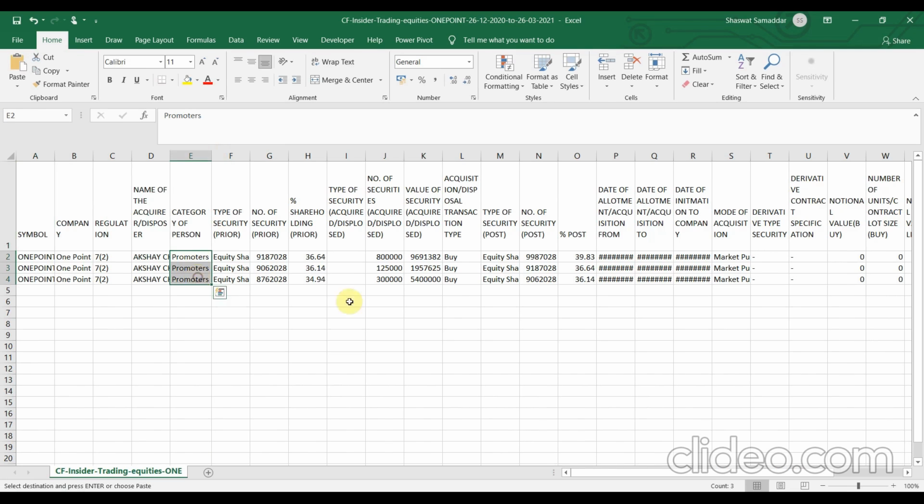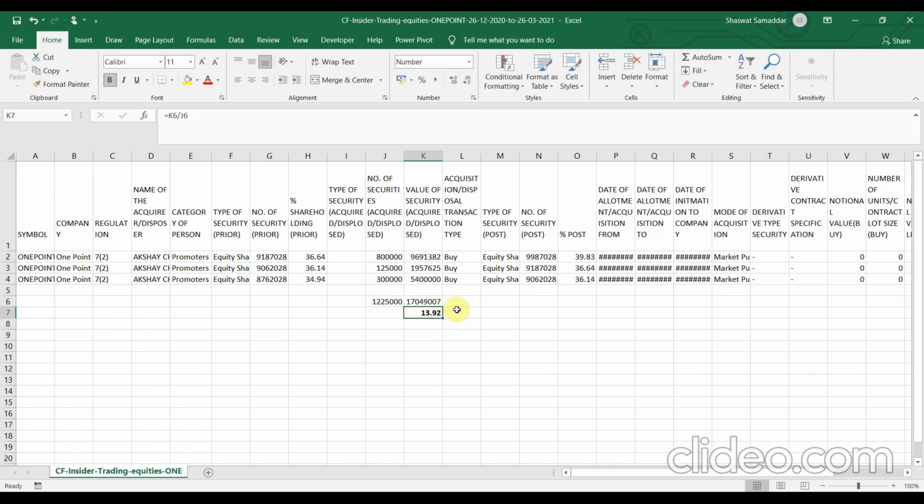All of them look good because they are promoters and all of them are market purchases. So we'll just jump into the calculations fast. Divide the total value of security by total number of securities. Let me make it bold. Okay, so it is 13.92 rupees.